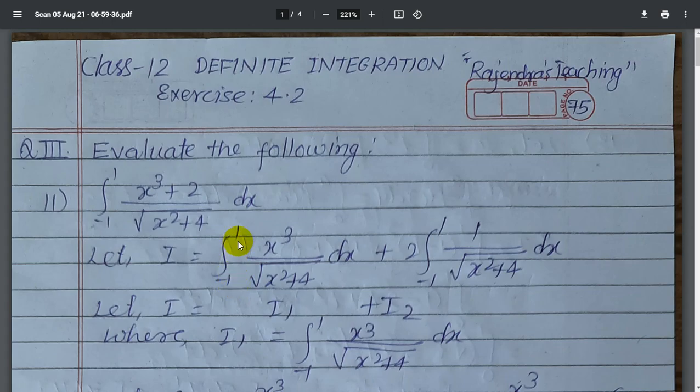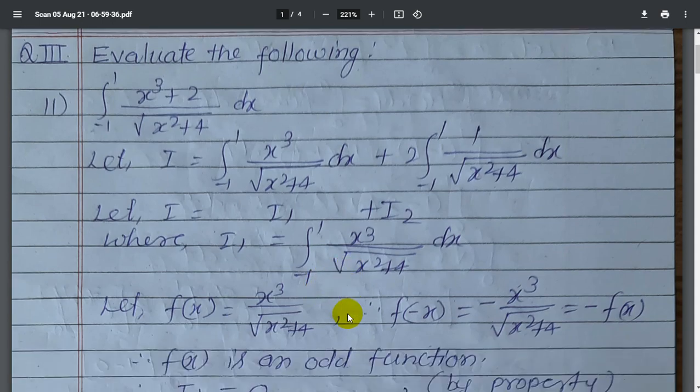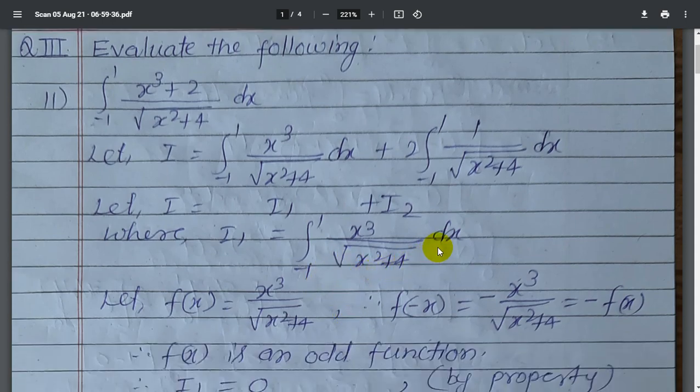Integral minus 1 to 1, limits are equal but opposite in sign for both the integrals. So consider that I equal to I1 plus I2, where I1 equal to integral of minus 1 to 1 x cube upon square root of x square plus 4 into dx and I2 equals integral of 1 upon square root of x square plus 4 into dx with limit minus 1 to 1. Okay, so this is I1 and I2, two integrals are there. Now, so it is 2 into this,